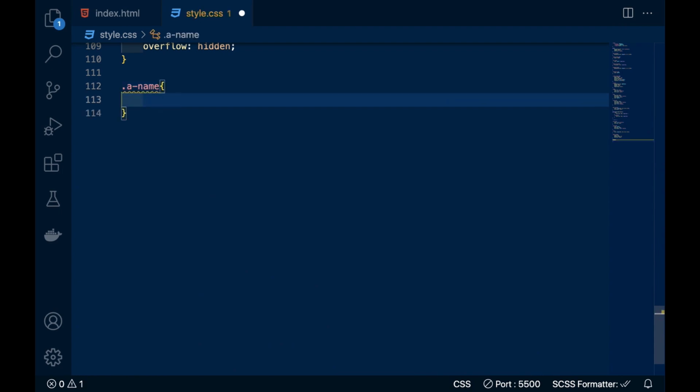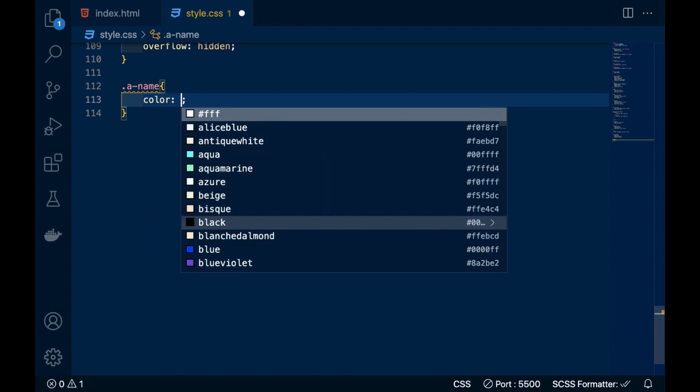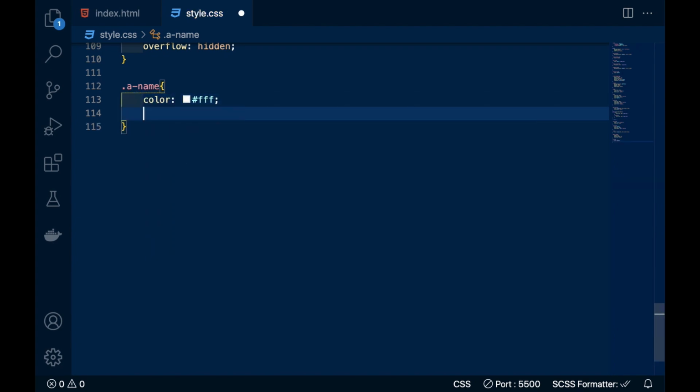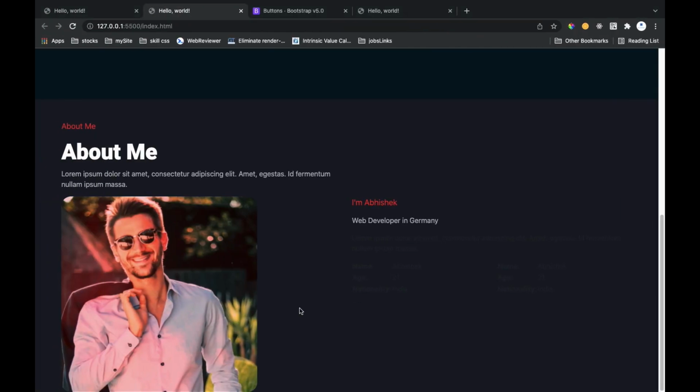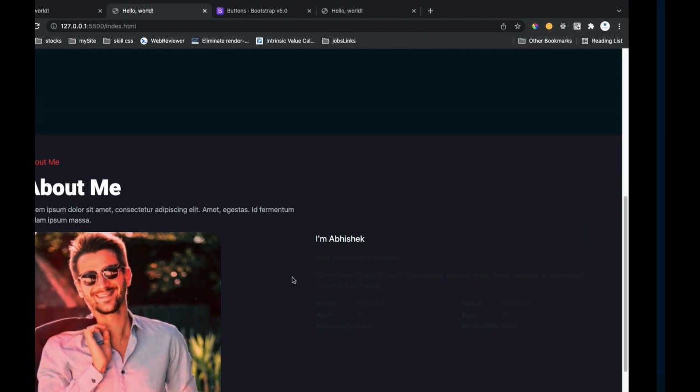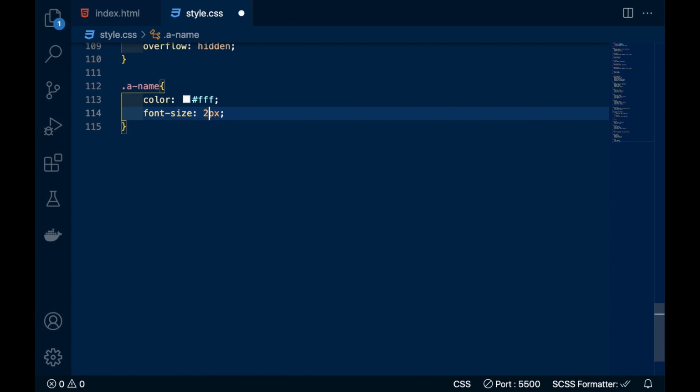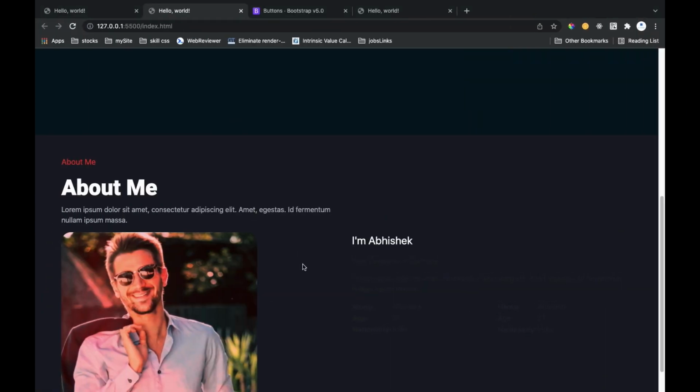So for that we will change its color, and font size 25 pixels.